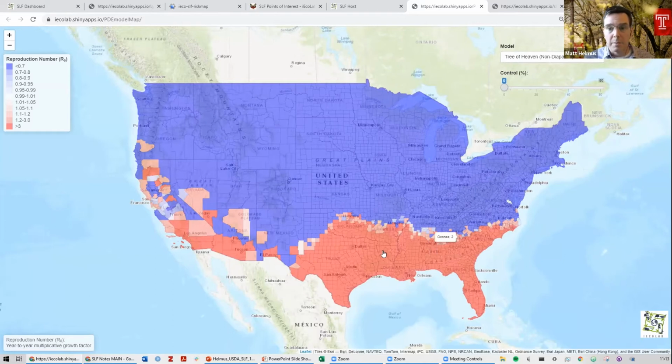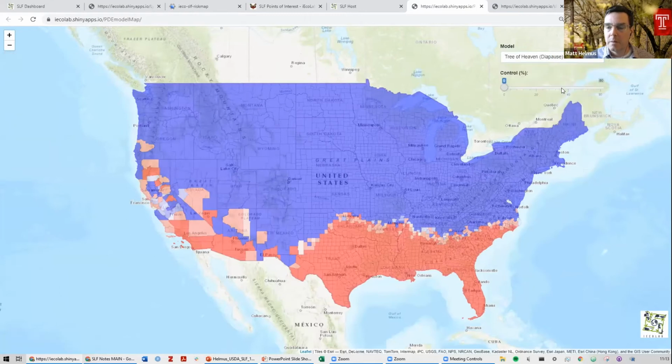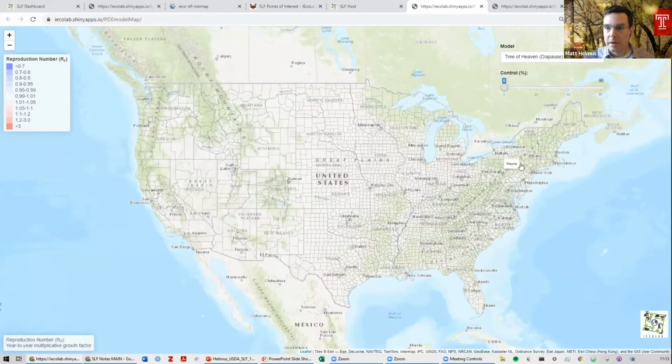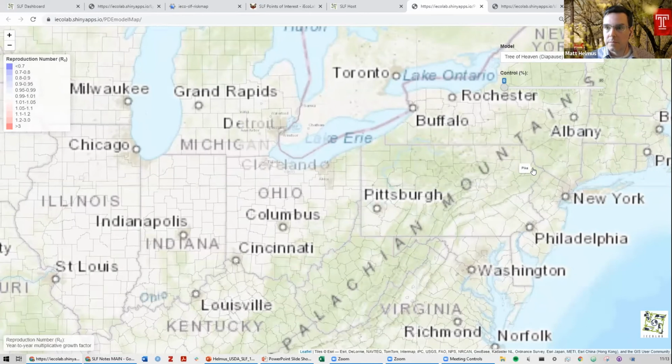And so what's going to happen in this area, for example, here, where it doesn't need diapause? We know that diapause is potentially plastic. There could be reduced selection on that. Another thing that I want to point out here is that we can compare the Tree of Heaven model to